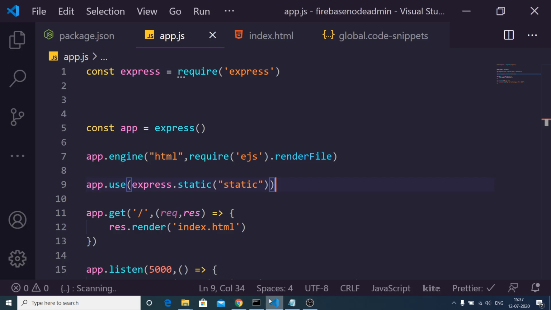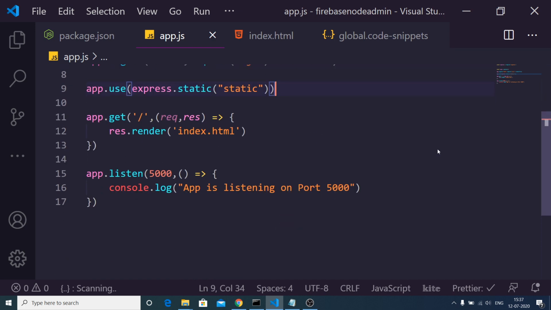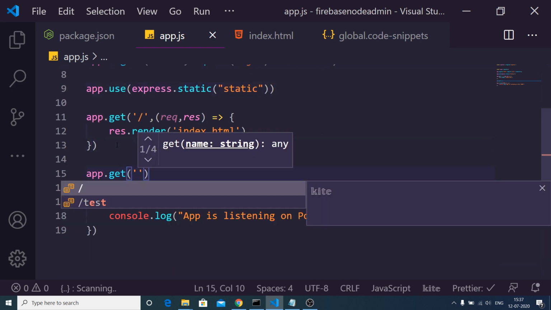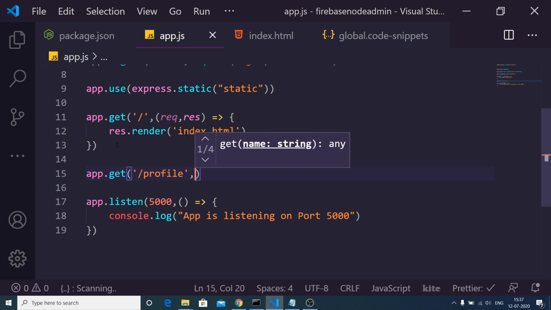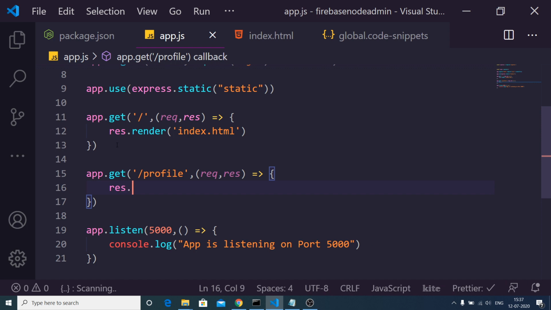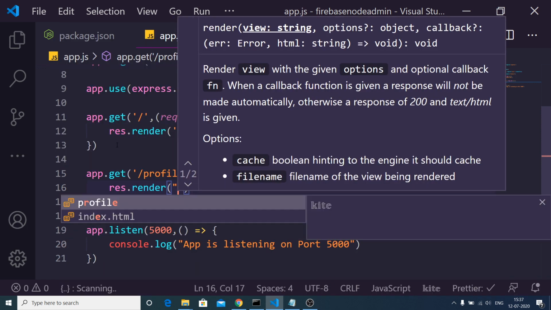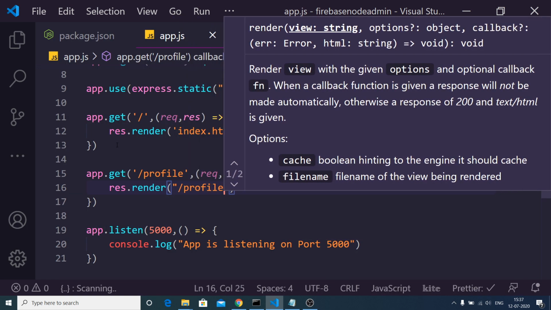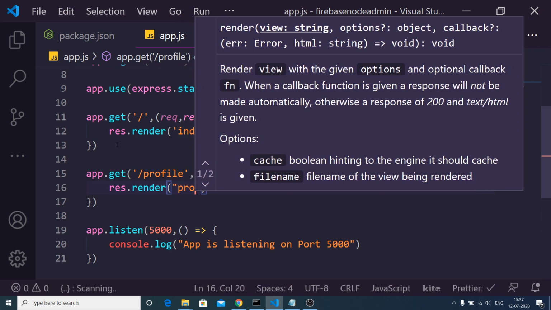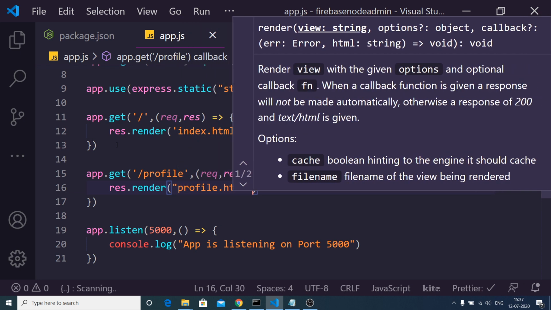So first of all we need to make this route: app.get slash profile, request, response, and we need to render out a file which will be just profile.html. That's it.